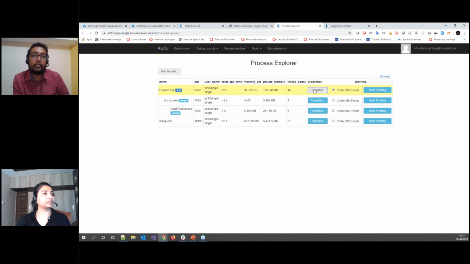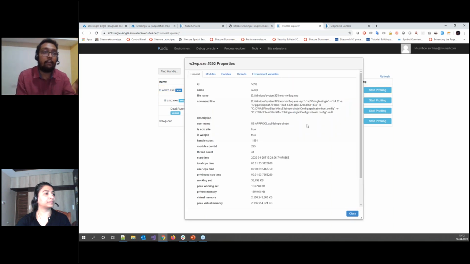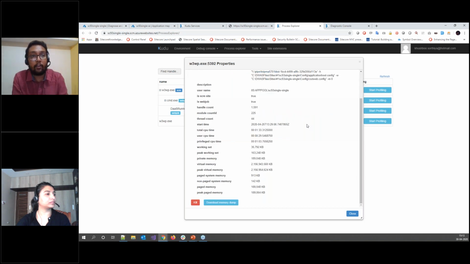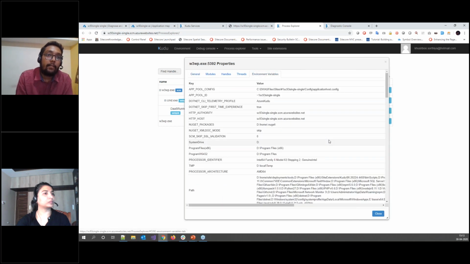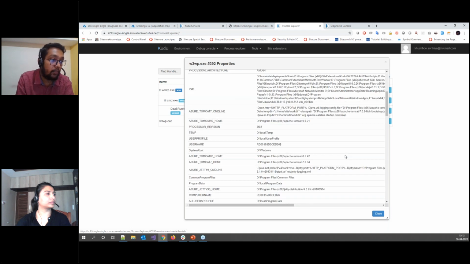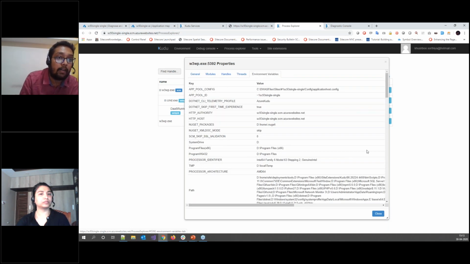If you open the properties button, we have a general section where we have the general information of our application. We also have an environment variable section, where we usually configure environment variables for Java and everything, correct? So this environment variables section is available here.